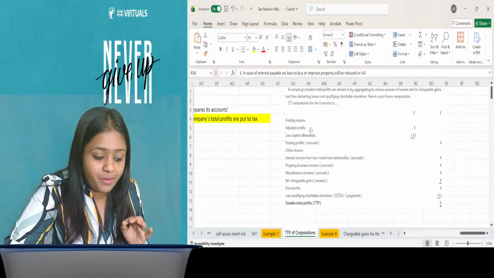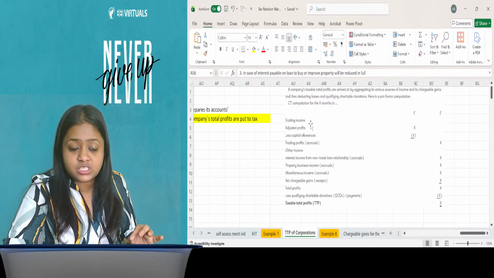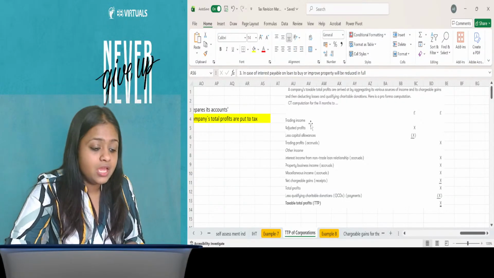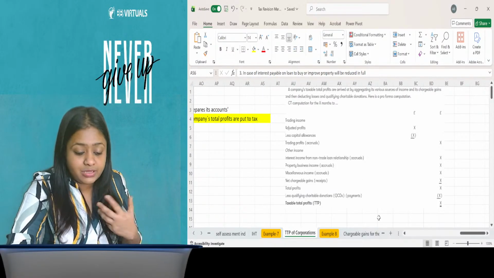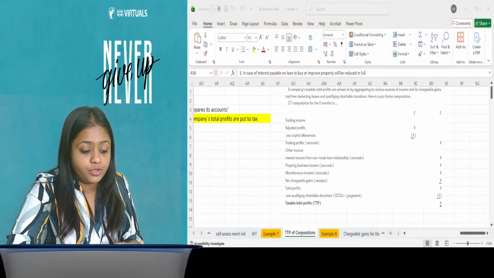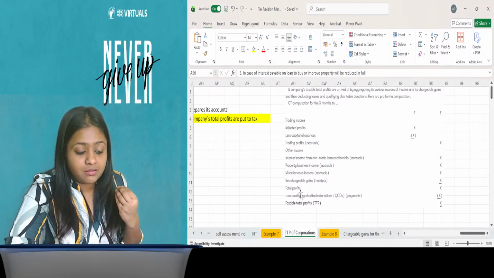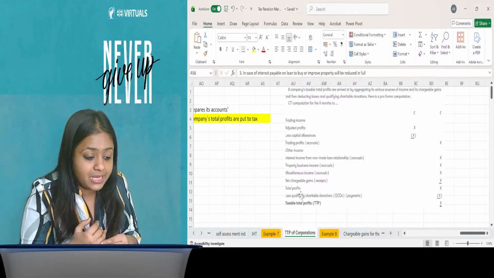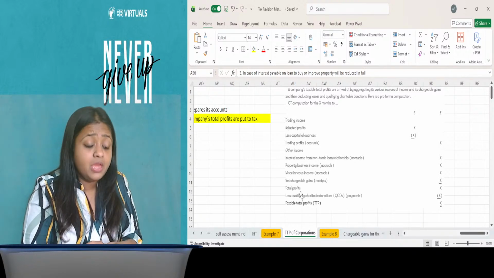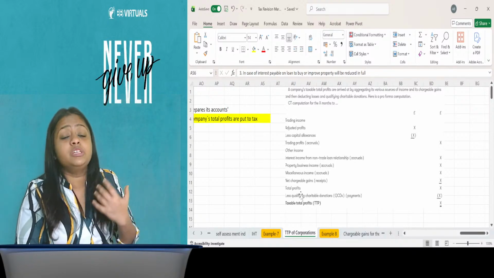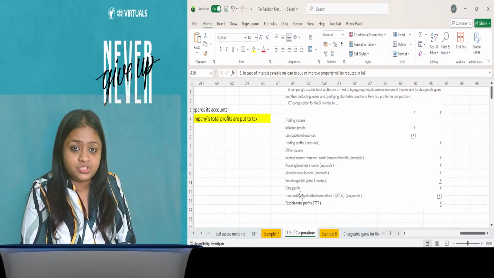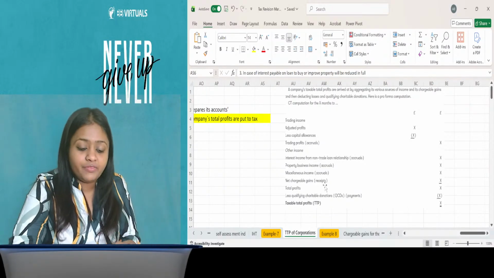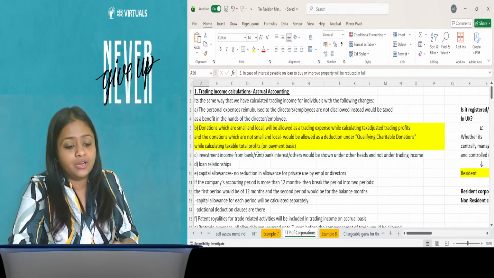So now here is the format. You calculate trading income by taking adjusted profits less capital allowances. You will get your trading profits on an accrual basis, and then you add with it other income like the interest income from the non-trade loan relationships. Finally, you will add the net chargeable gains, you will add miscellaneous income, you will add property business income, and then you will get total profits from which we will reduce the losses, and then we reduce qualifying charitable donations to get the TTP. Once you have the TTP, comes the next point, ma'am, how to calculate corporation tax.